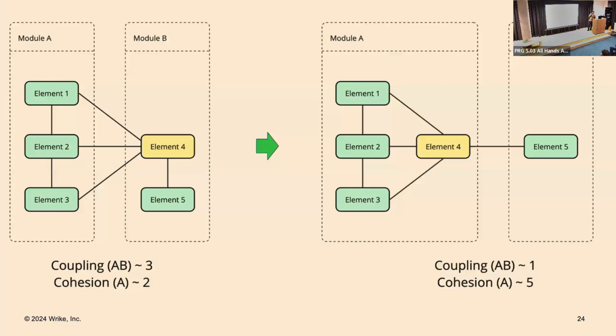So looking at this image, what do you think is easier to analyze: whether element 4 should be placed in module A or module B, or whether module A and module B should or should not be connected at all? I personally think, and people write books and industry experience says, that thinking about the cohesion, so about where element 4 should be placed, is easier just because the context of this problem is smaller. You need to think about a smaller number of things simultaneously to decide where to put the element.